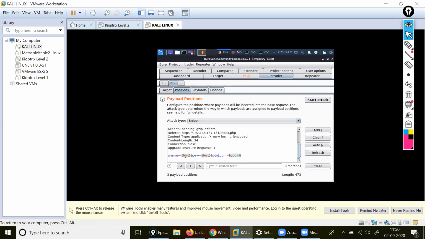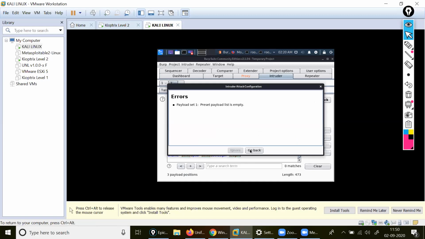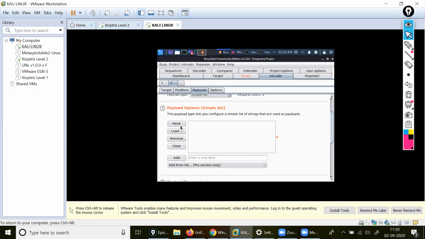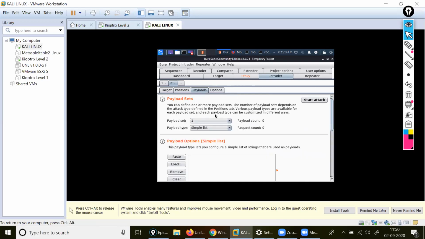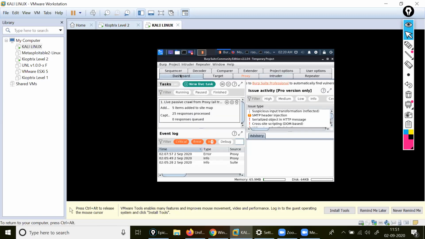Wait a minute. Refresh. Wait a second. Okay, click on that. Add, add, add. Okay. After that, what I will do? Start attack. Go back. Come on the payload. Paste it. The paste option is not coming here. Just a second. Come on the dashboard